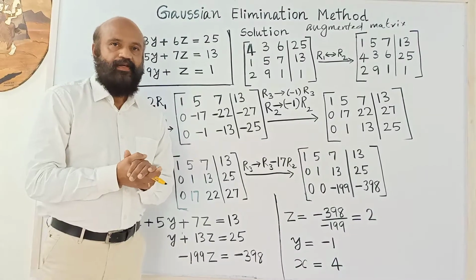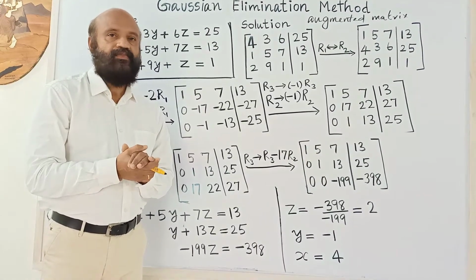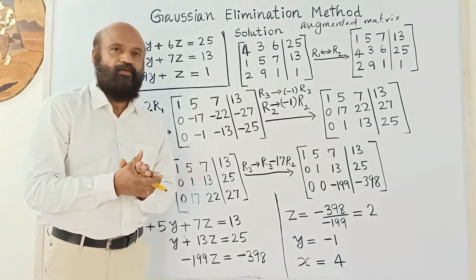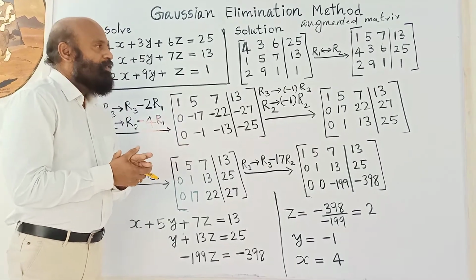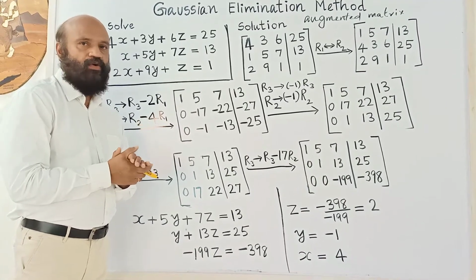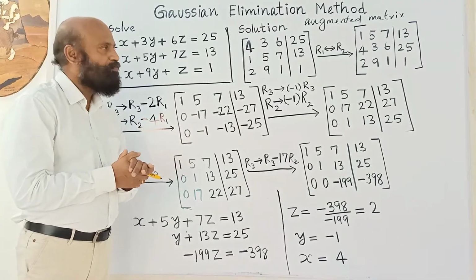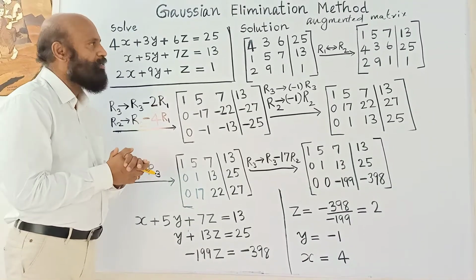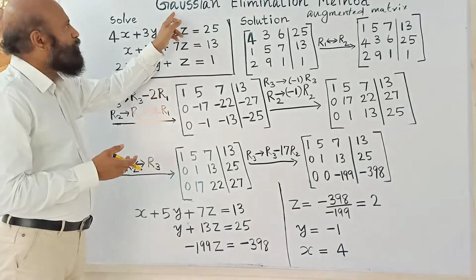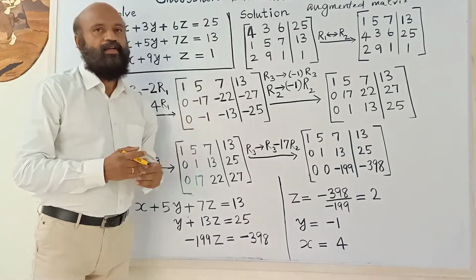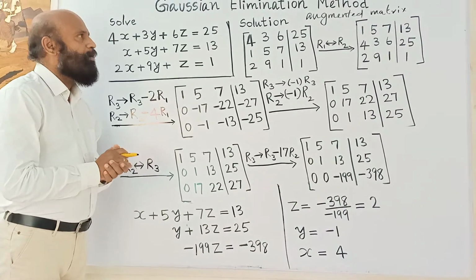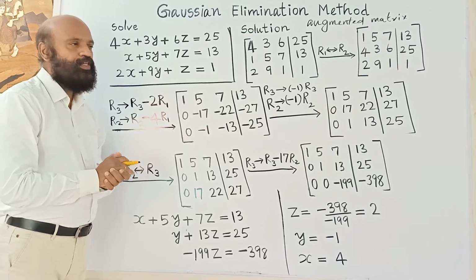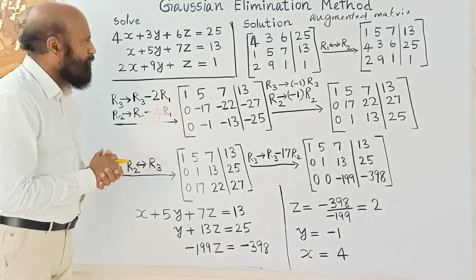We have completed the matrix inversion method and the method using Cramer's rule to solve a system of linear equations. But these two methods can be applied only when the coefficient matrix is non-singular and the coefficient matrix should be a square matrix. There is another method known as the Gaussian elimination method. This method can be applied even when the coefficient matrix is singular and when the coefficient matrix is a rectangular matrix.